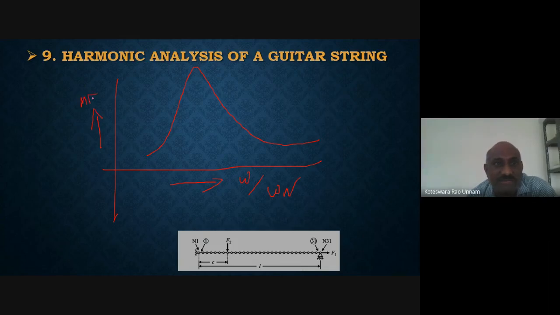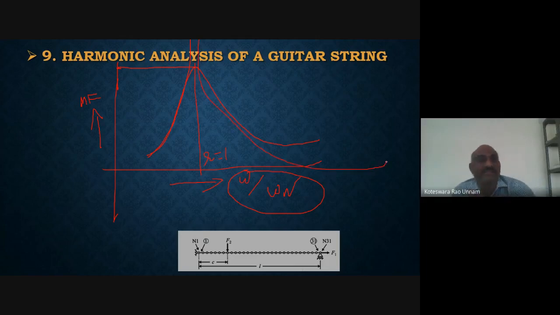Now at r equal to 1, so omega by omega n equal to 1, your natural frequency coincides with the exciting frequency, and it is going to be a resonance condition, where your amplitude is going to be a peak value, provided you have damping. If there is no damping, this value is going to be infinity. So this curve will go to infinity like this, and come down from infinity like this.